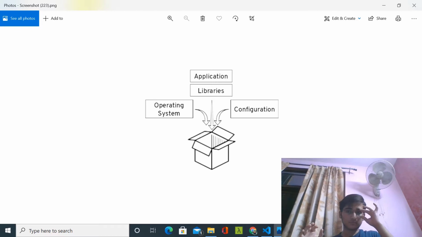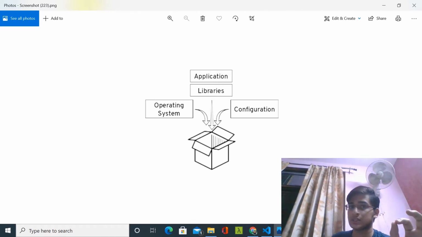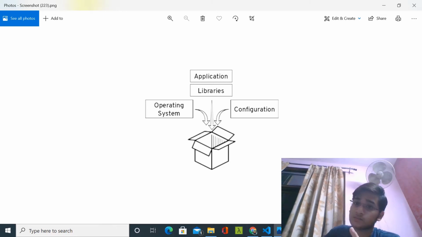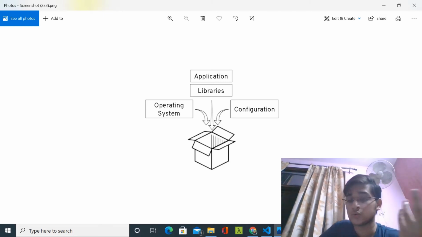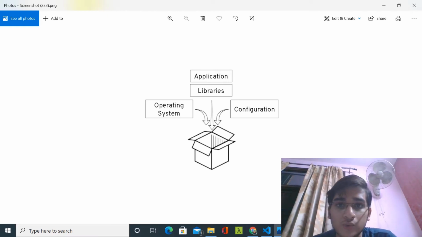So we need to run an application which needs the Linux operating system, but we have Windows as our host operating system. How do we do that? We can do this easily with the help of containers. But before containers, we used the concept of virtual machines to do this task.